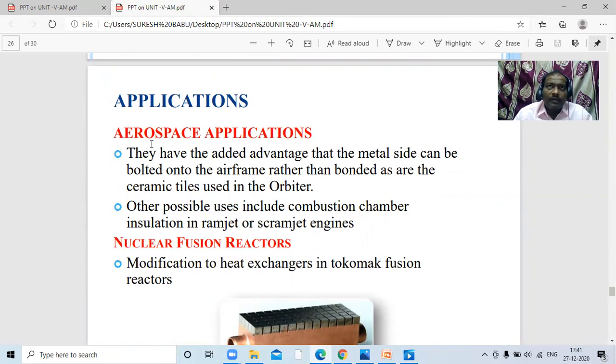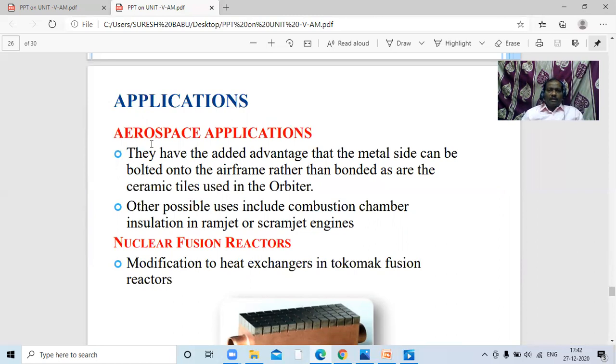For example, as I already told, silicon can be mixed. In tungsten, hardness can be built. In silicon, high toughness can be obtained. So without compromising other properties, we can increase the hardness, or without compromising the brittleness, we can increase the strength of a material. Like this, FGM materials can be prepared.